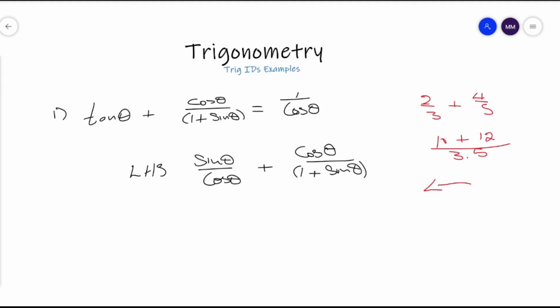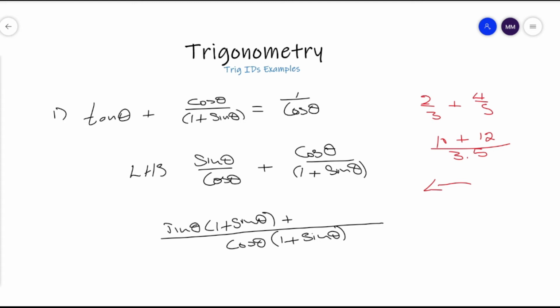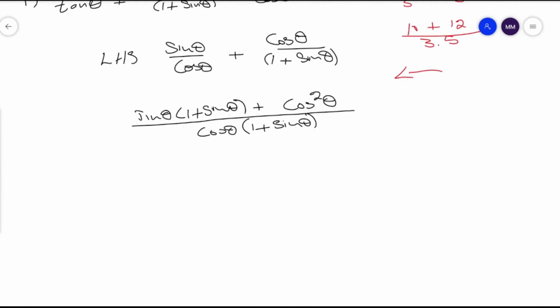How? You find the common factor, which is you put the denominator cos theta at the bottom times 1 plus a sine of theta, all divided by, then you cross multiply, meaning sine times this will give you sine of theta into 1 plus sine of theta, plus you cross multiply again, where you have a cos squared of theta. From there, all that you need to do is to simplify. To simplify this further,